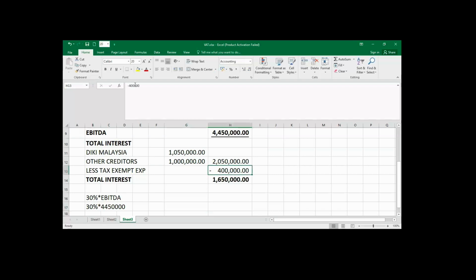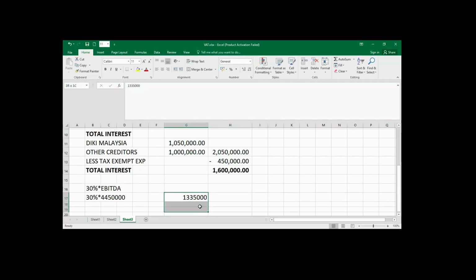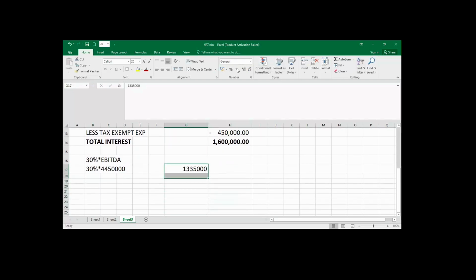So 30% of that EBITDA will give us a value of 1,335,000. So this 1,335,000 is the interest that they are going to charge. Interest to be charged